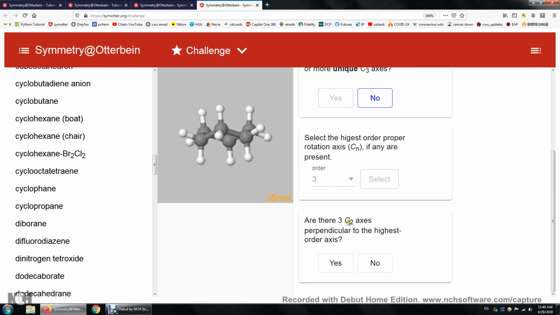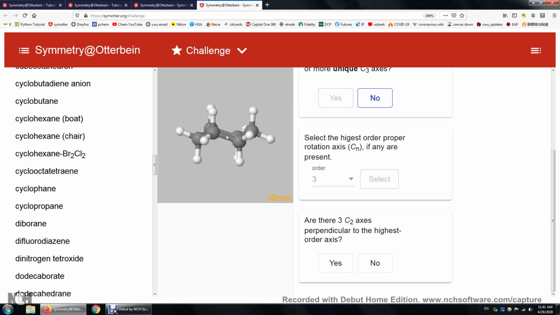Are there 3 C2 axes perpendicular to the highest order axis? Okay, this is the hard part. Yes, there are. Let's see if I can show you this. I'm going to ask you to imagine there's a C2 axis perpendicular to the screen, going through the center of this carbon-carbon bond and this carbon-carbon bond, so that when